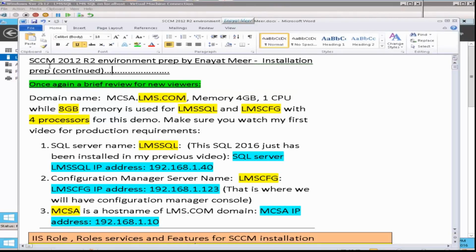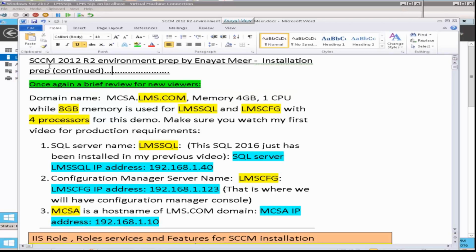Once again, a brief review for new viewers. Domain name is mcsa.lms.com. I am running this domain with 4 GB memory and 1 processor. I am running LMS SQL, which is a dedicated SQL server.